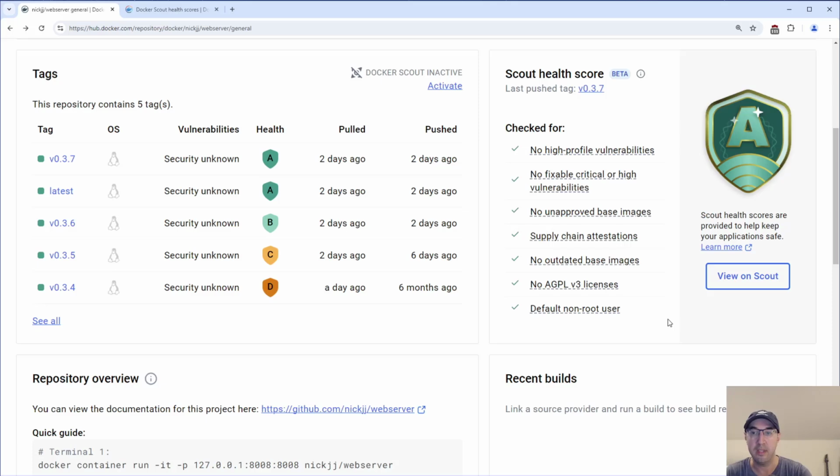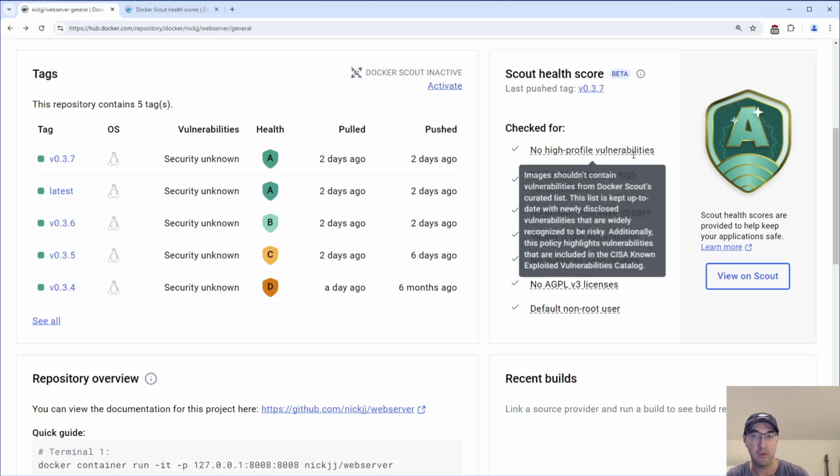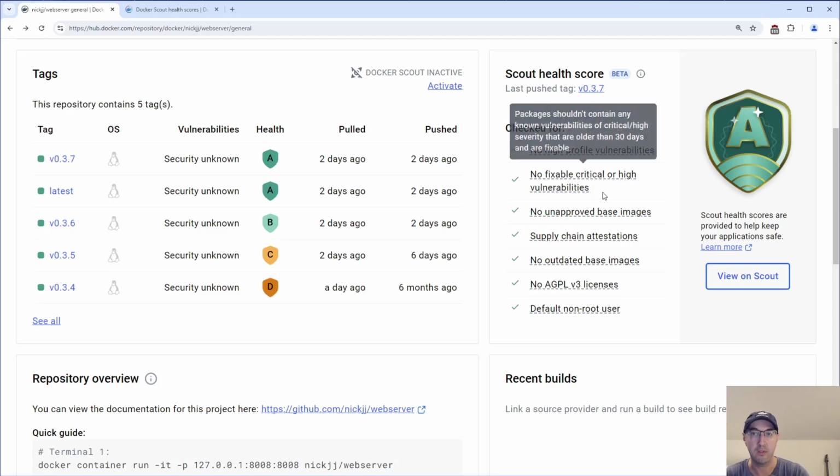And then something like the default non-root user, sure, you should be running your containers as a non-root user. That's always a good thing here too. So it's nice to be reminded of that one as well. Here we can see other things too, like high profile vulnerabilities. That's a little bit separate than critical vulnerabilities. There's a whole different classification for them. Yeah, these are all quite useful things that will move the needle to make your images quite a bit more secure. So yeah, let's go over how I actually went from a D all the way to an A in